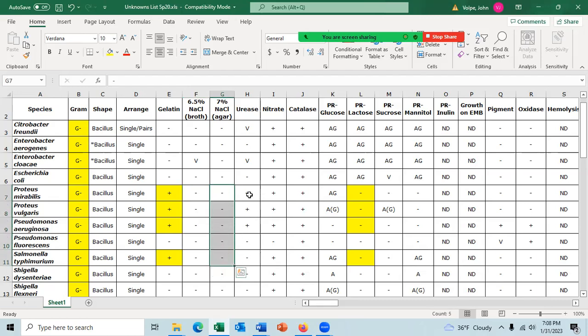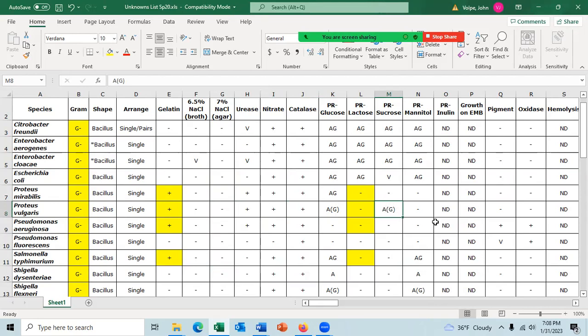You could do urease. You'll have three positive and one negative. You wouldn't want to do nitrate. You wouldn't want to do catalase. You probably wouldn't want to do PR glucose. You could do PR sucrose because then you can separate one from three.